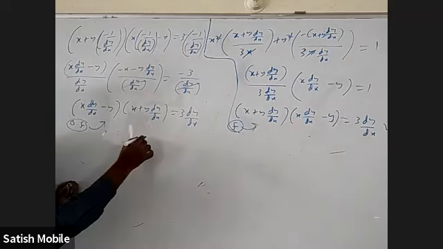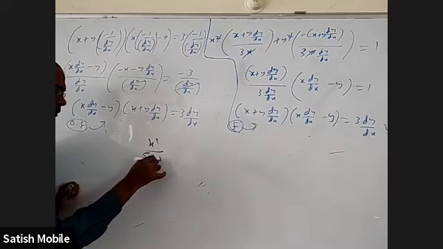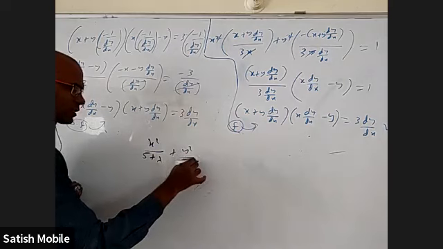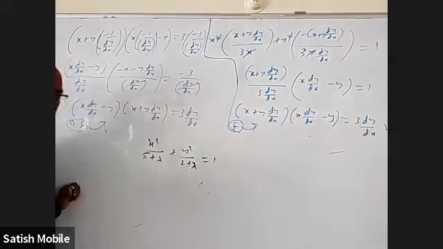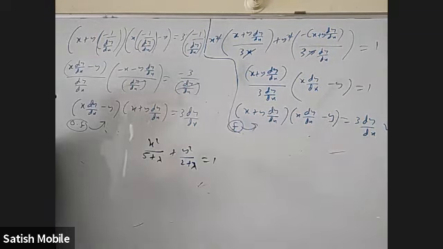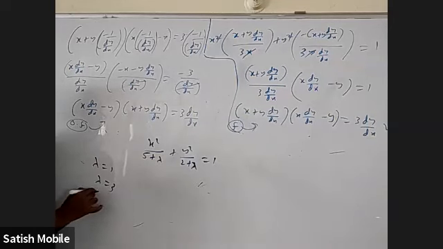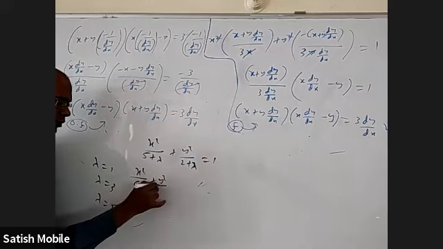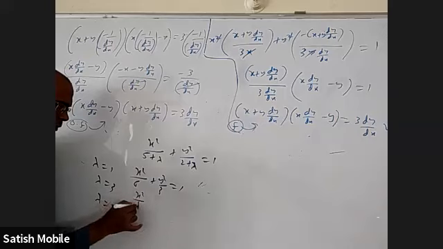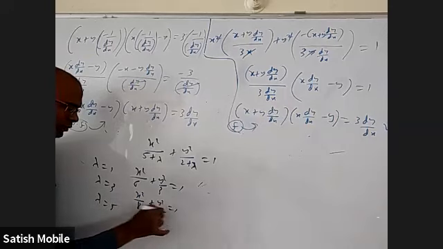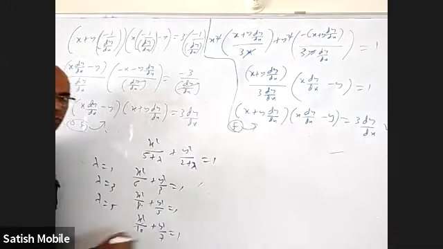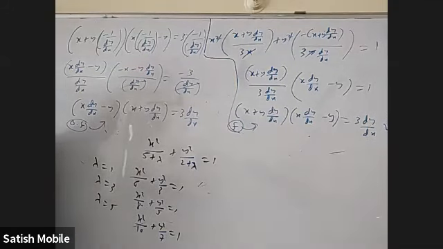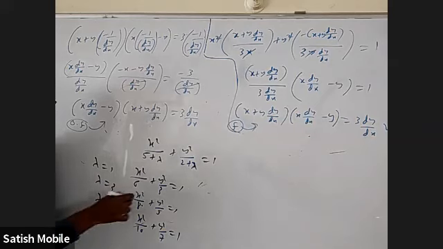You take this equation x square by 5 plus lambda, plus y square by 2 plus lambda, is equal to 1. You take lambda anything more than -2, it will be an ellipse. For example, you take lambda equal to 1, lambda equal to 3, lambda equal to 5. This will be x square by 6 plus y square by 3 equal to 1. This is x square by 8 plus y square by 5 equal to 1. This is x square by 10 plus y square by 7 equal to 1. You take any one of them.